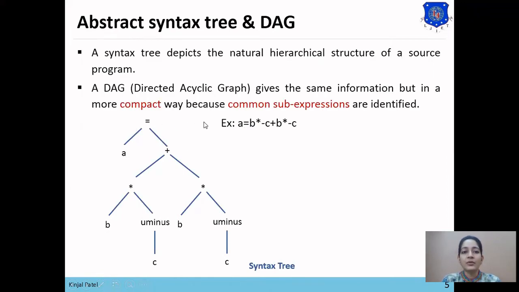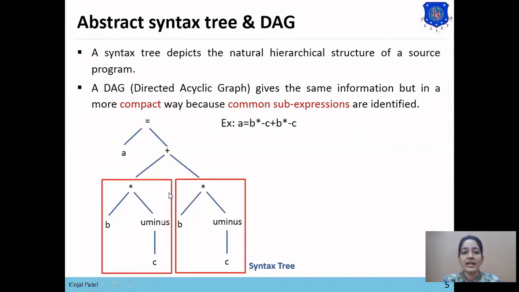Now how to construct a DAG for this expression. A DAG, meaning directed acyclic graph, or abstract syntax tree, gives the same information but in a more compact form because common sub-expressions are identified. Here you can see that in this expression common sub-expressions are used, for example B star minus C, B star minus C. This sub-expression is being repeated.